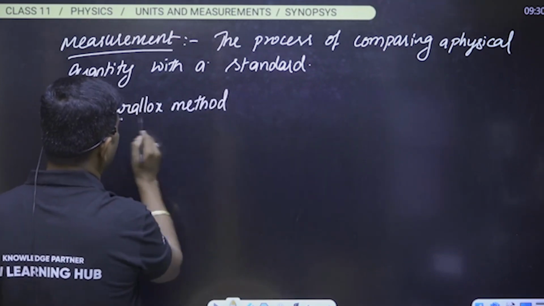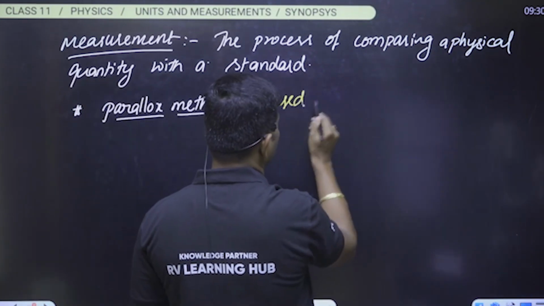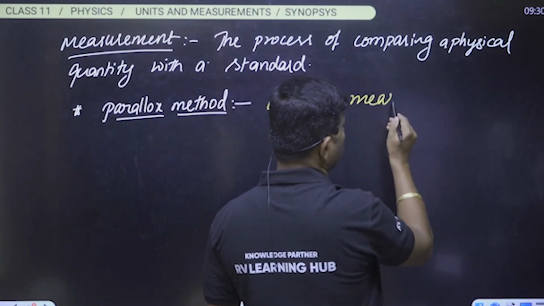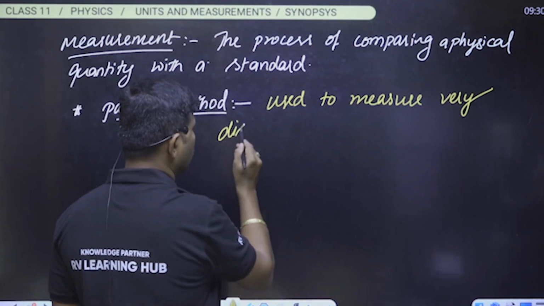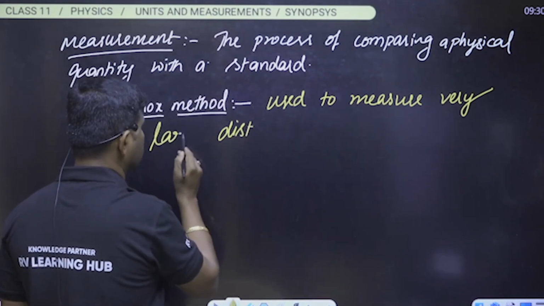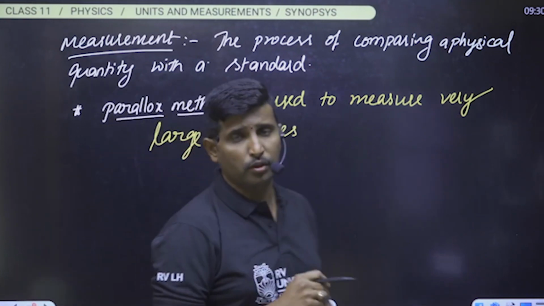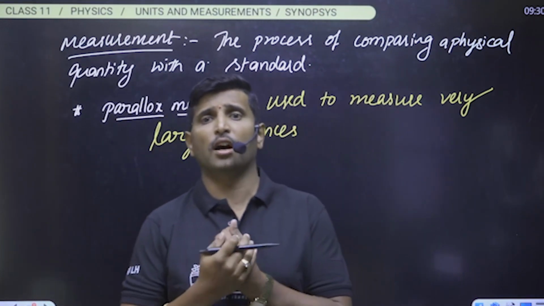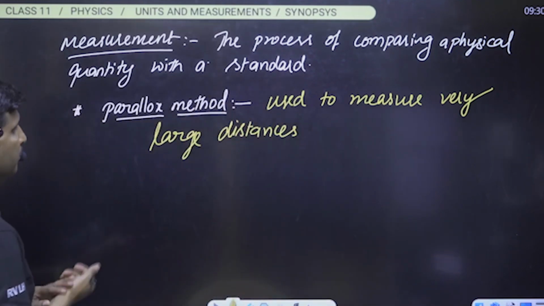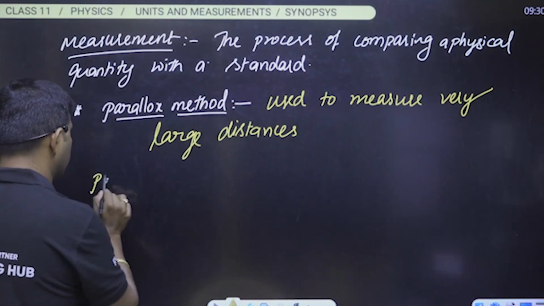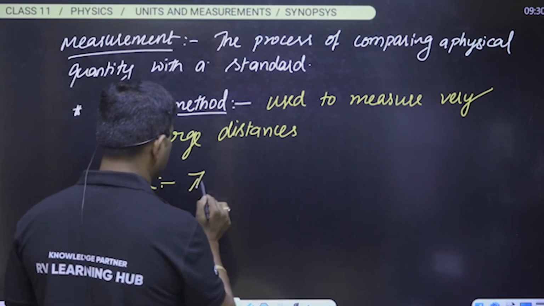parallax method. What is parallax method here? The method used to measure very distant objects, very large distances, we can say simply large distances. The method used to measure very large distances is called as what is that? Parallax method. So in that we have to understand what is the meaning of parallax. What is meaning of parallax? Parallax is nothing but, see here,